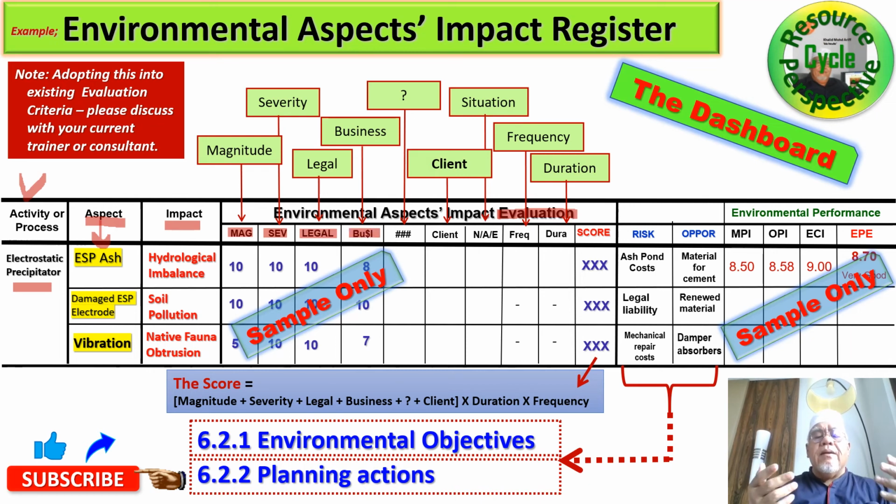You can have any criteria that you want, but for me, not only ecology, not only environment, but I would include business, a business effect of how the environmental management system would be sustainable for businesses. I would have it there as well, and you can have any other things over here. And well, frequency, duration, etc. I'm not going to discuss this here in this video. And eventually we have the score here, whereby the highest score represents the most significant environmental aspect. Importantly,